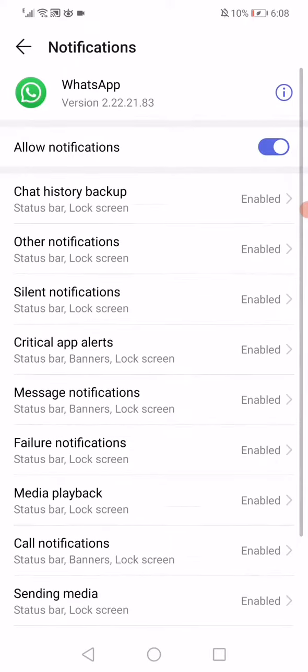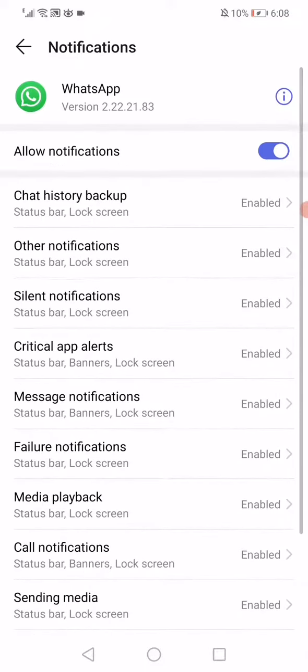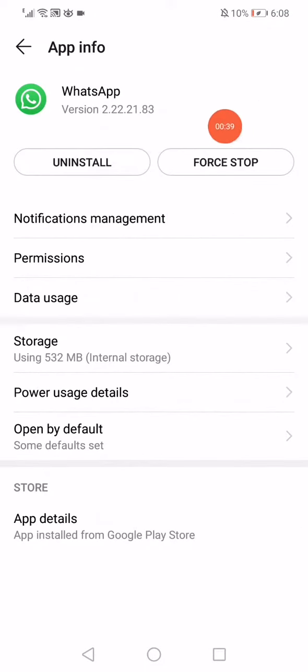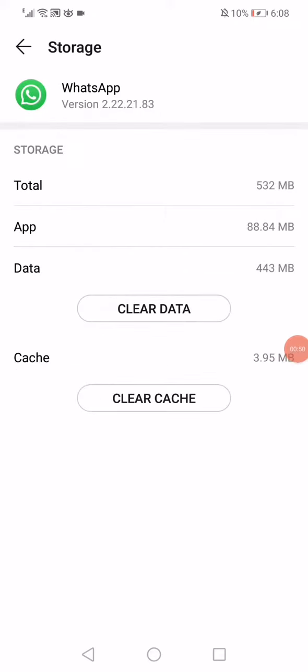After that, you need to make sure that all the notifications are enabled. Go back, click on this force stop right here to stop the WhatsApp app from running, and then go down to this storage option. This is the internal storage information. All you have to do here is go to the cache and click on clear cache, and that's it. Now all you have to do is